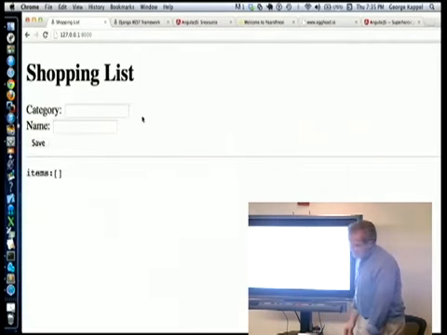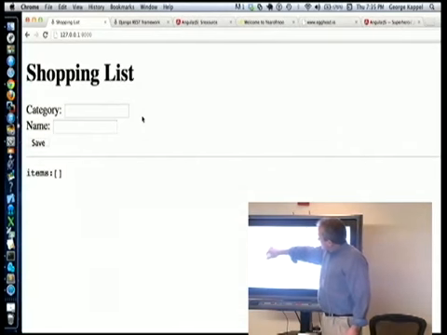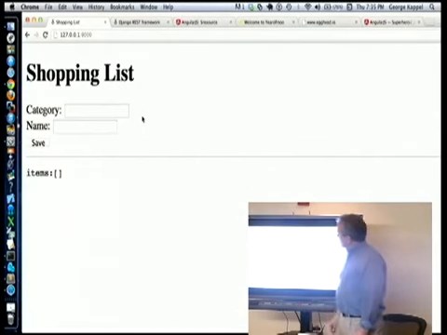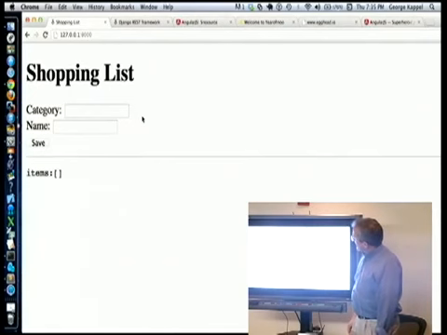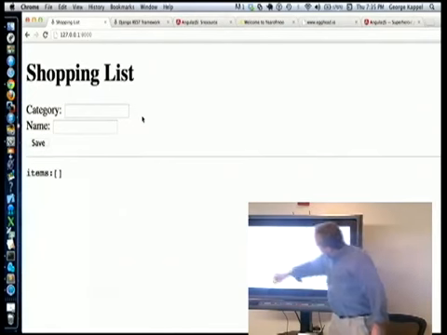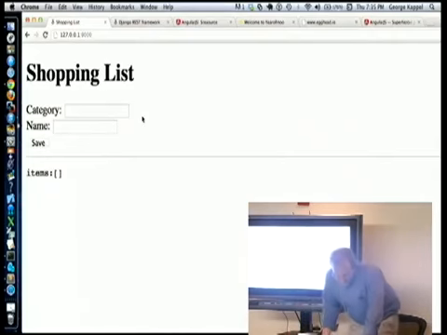Okay, all right, we're getting a little further. Now we have a shopping list with a category name, a save button, and this is showing the list of items. If we look at the JavaScript,